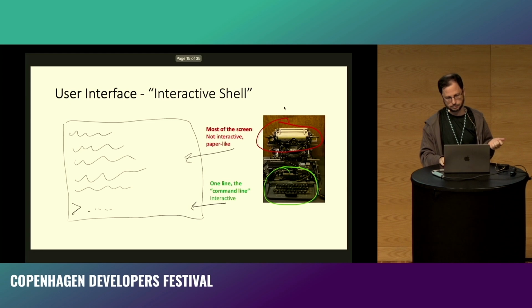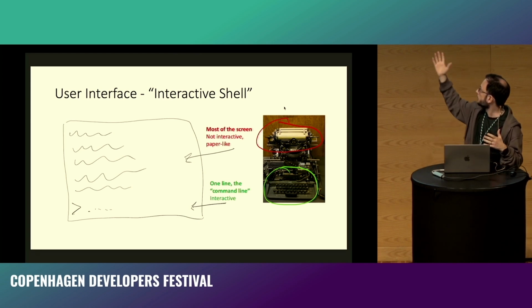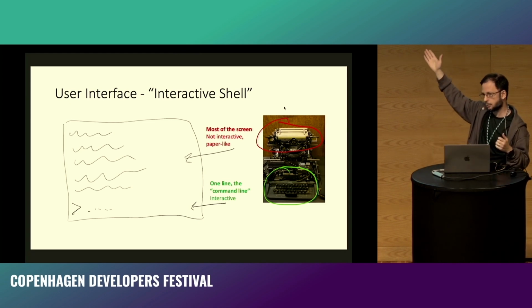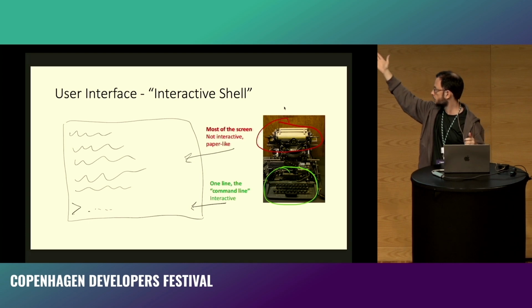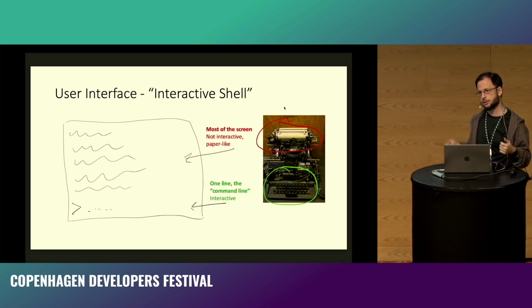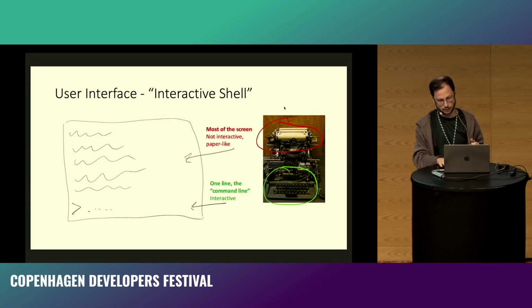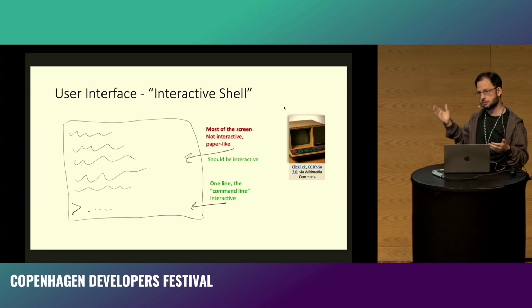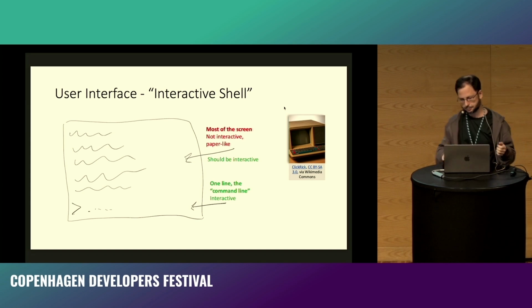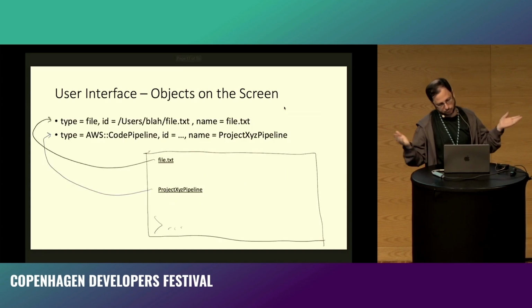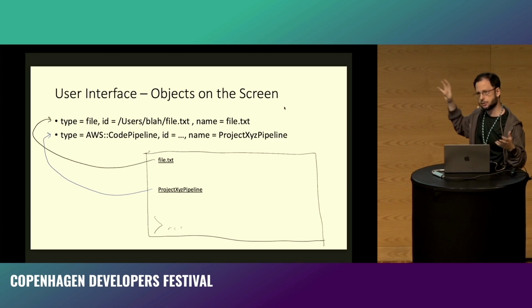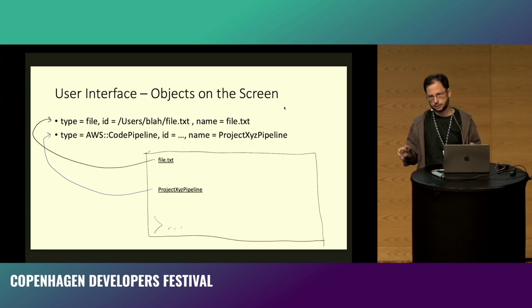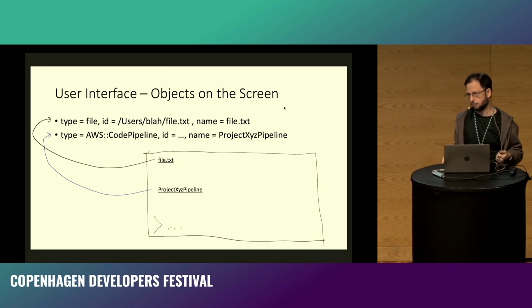So what we have is a screen which is mostly non-interactive. This big part of the screen where you have the outputs of programs is non-interactive. It's treated as paper. It doesn't use any of these later facilities. And what I'm saying is, let's catch up with 1976 and make this part interactive. How could that look like? Well, you have interactive objects on the screen. You navigate to them with, let's say, keyboard arrows or tab or your mouse, and you interact with them,